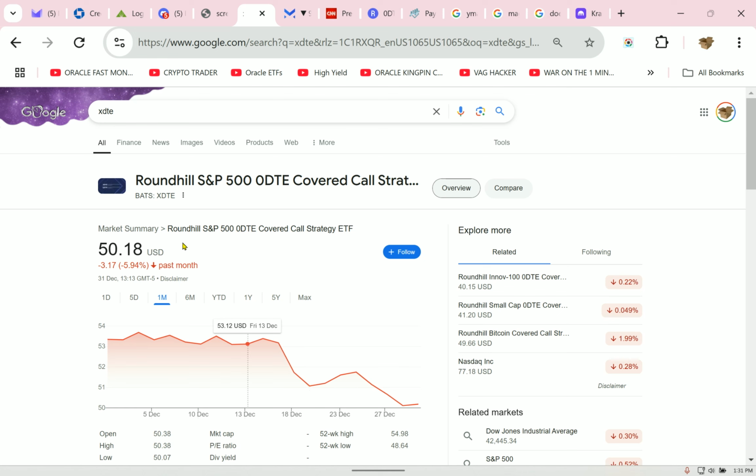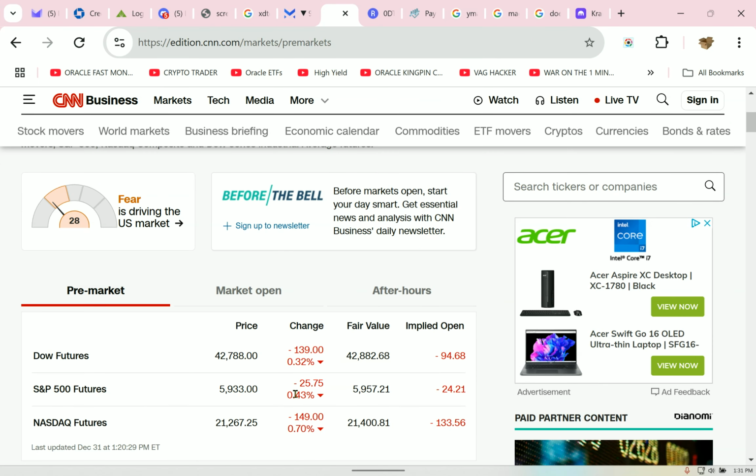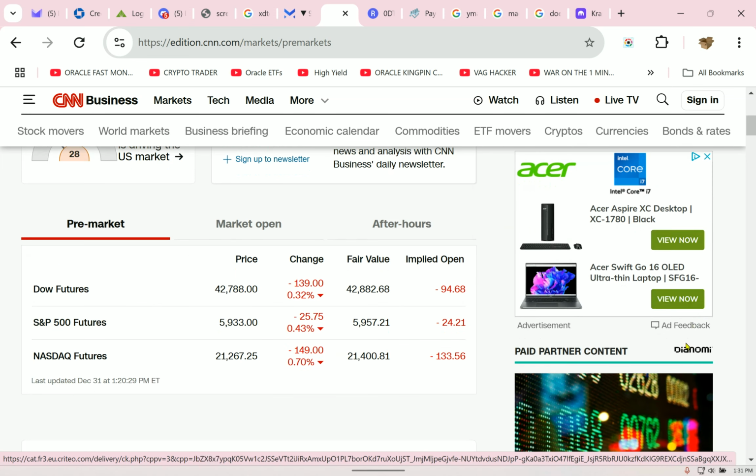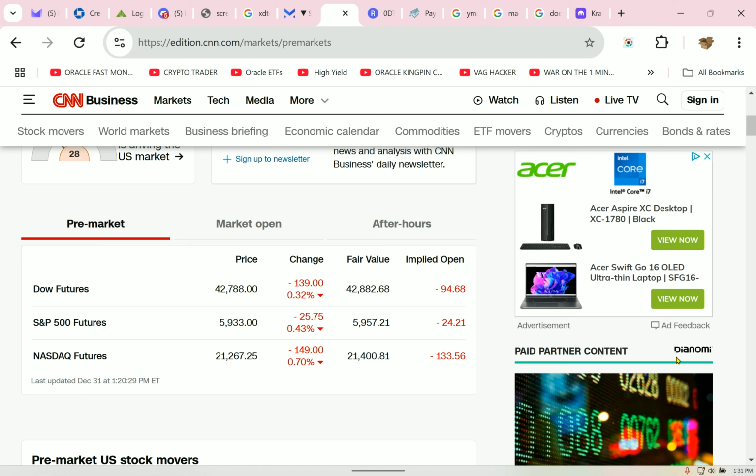Now, I can't speak the same for QDTE and RDTE because they took the template, the trading style that worked on the S&P 500 here and created XDTE, and then they overlaid it onto those others. That's why they haven't proven to be as stable. I know, I've owned all of them. When I look at my Snowball Analytics, I hate to say it, but I've traded 1,400 times. Yeah, more than that. Probably 1,500 now in the last 10 months. My bookkeeper is going to have a field day. But I learned everything about these ETFs. I wanted a set it and forget it plan. XDTE does not NAV erode.